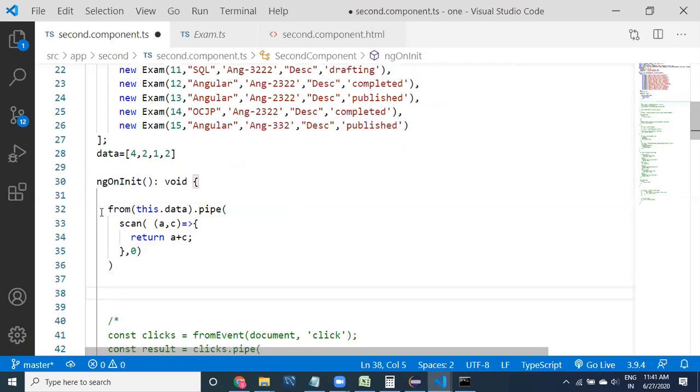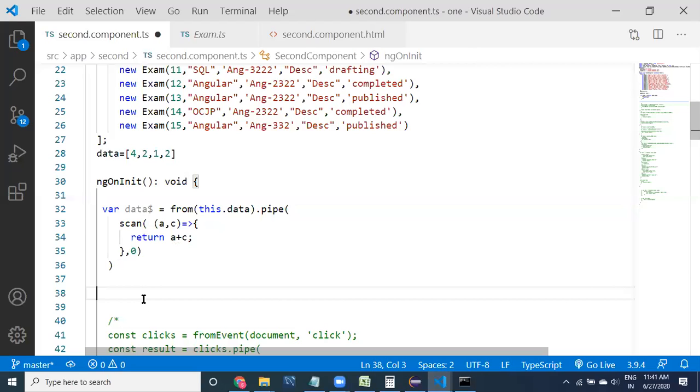For that, what you can do is take the data like this, guys. Based on our requirements, you can use all these things, because we are going to retrieve the data from the backend.